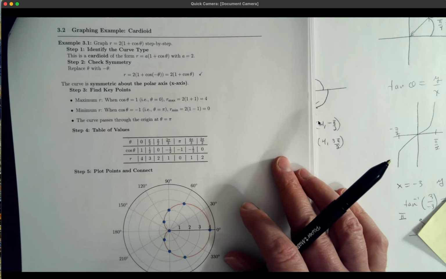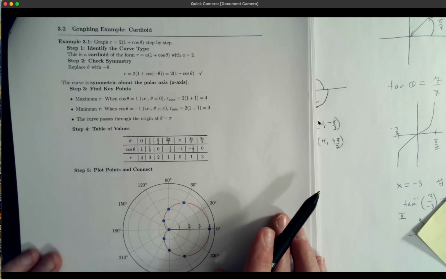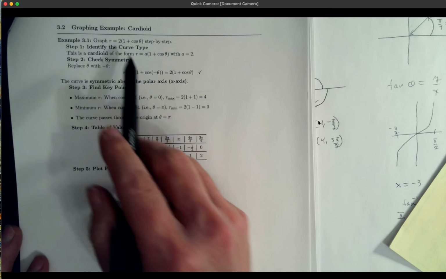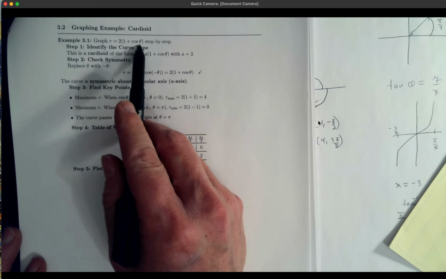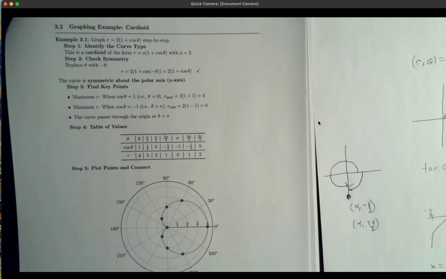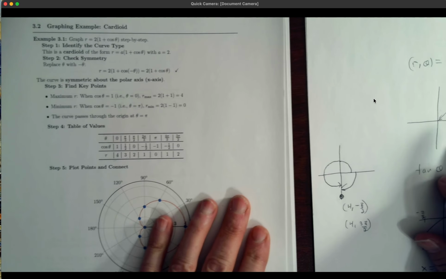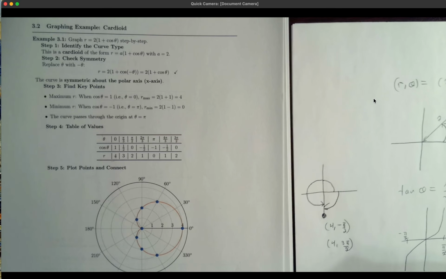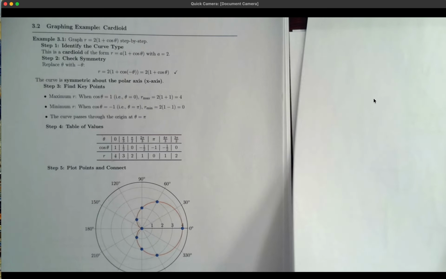All right, so we want to graph r equals 2 plus 1 cosine of theta. The first thing that you should keep in mind is that instead of y equals f of x, like we're used to,